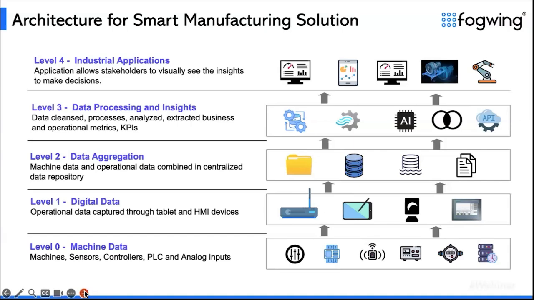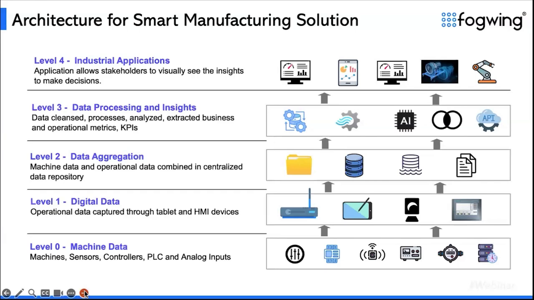So fundamentally, we have to define the architecture for the basics, or to begin with, what we have to achieve as a foundation layer. The foundation layer architecture is what we put together here, because we want something achieved in 100 days, at rapid speed. So for the level of technology or architecture that we are going to deploy, level 0 is more on machine data. The machine could be a modern machine with OPC UA connectors,